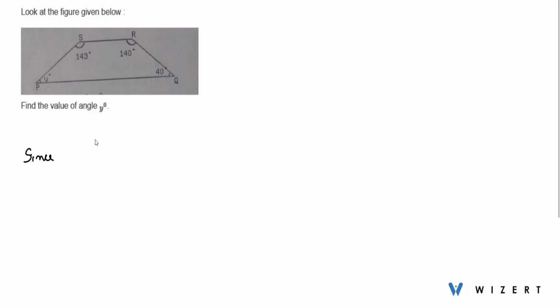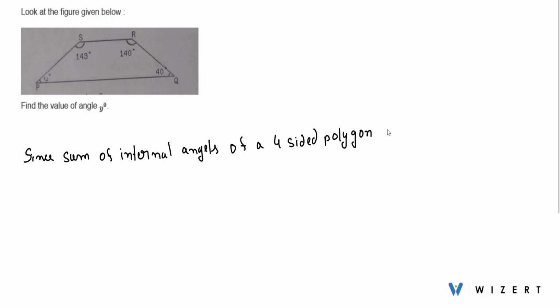Since the sum of internal angles of a four-sided polygon is 360 degrees, we are going to use this property in order to solve the given question, because in